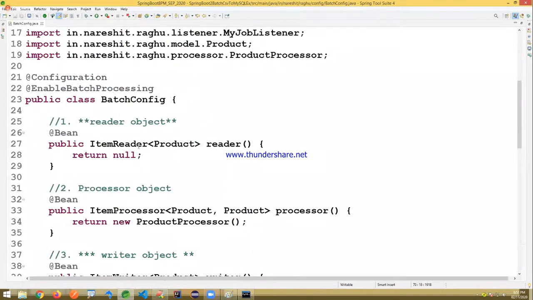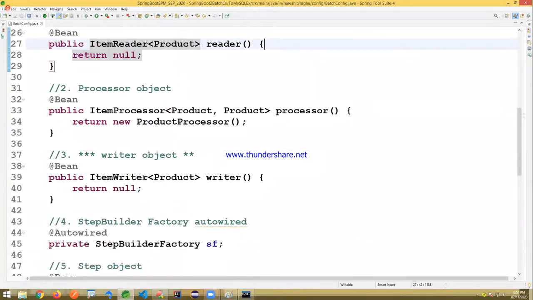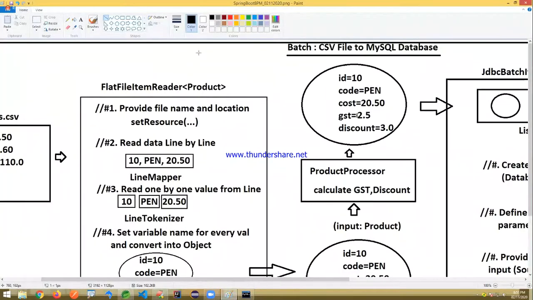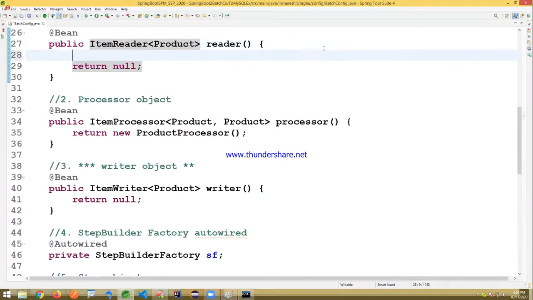Okay, now I am writing product item reader, item writer. Observe carefully. Item reader. Look at the class. Flat file item reader that works on product. Okay, 1. A. Create object to flat file item reader.